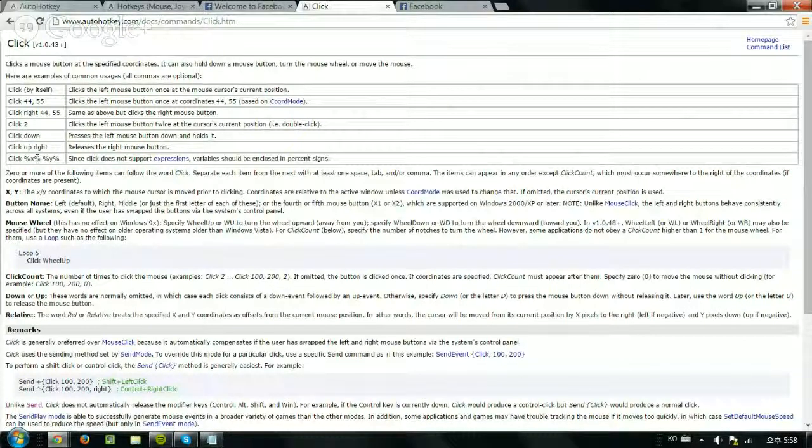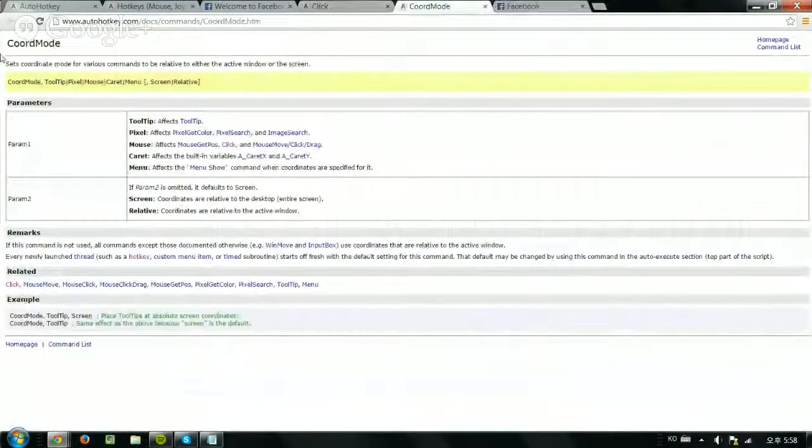I think we want to use that. Yeah, chord mode. So do you want to explain what chord mode is? So chord mode, let's see what it says. Sets coordinate mode for various commands to be relative to either the active window or the screen. So basically what that means is